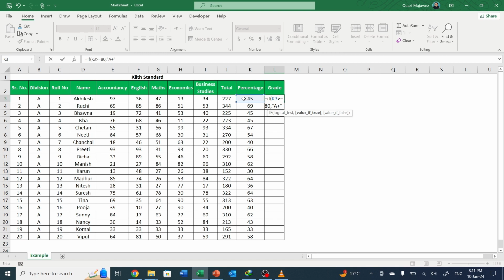Now we have to use one more if. We are going to use nested if here because we are going to calculate multiple conditions, comma, if, bracket, select the cell, greater than and equal to 70, comma, double quote start, A, close double quote, then comma, start another if,